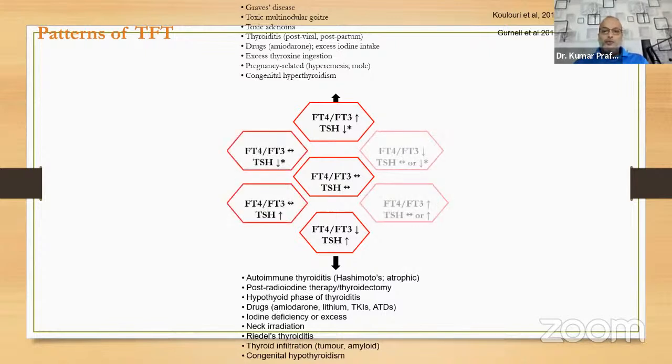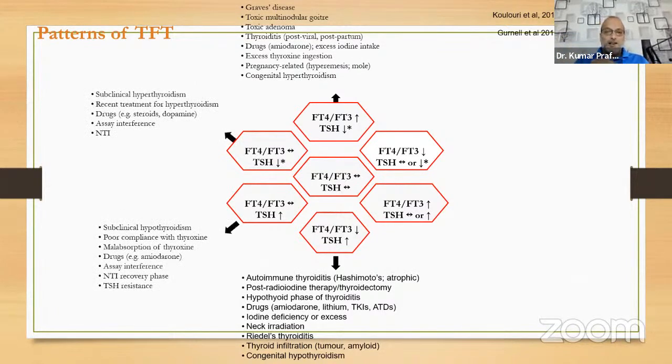Now we will move to variations, when free T3 and T4 are normal with TSH decreased or TSH increased. I discussed earlier, when thyroid hormone levels are within the normal limit with decrease in TSH, we call it subclinical hyperthyroidism, and it may occur in recent treatment of hyperthyroidism, certain drugs which include steroid, dopamine, assay interferences,